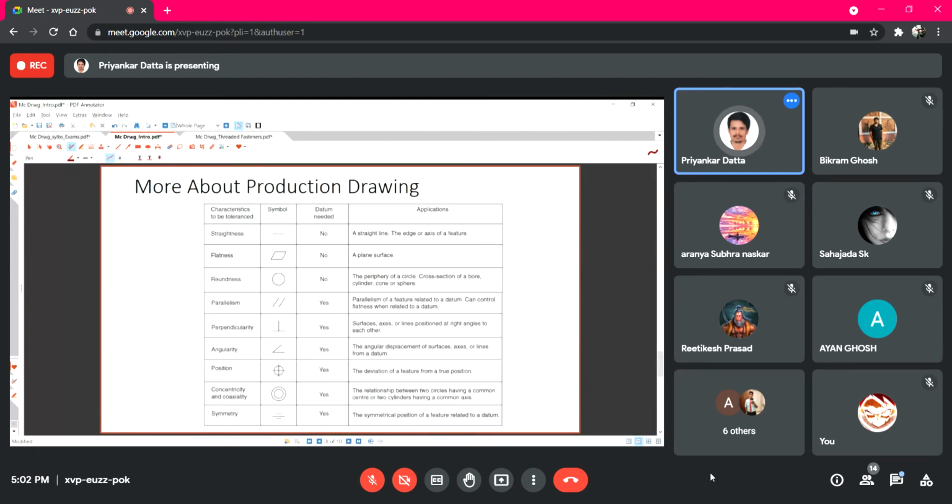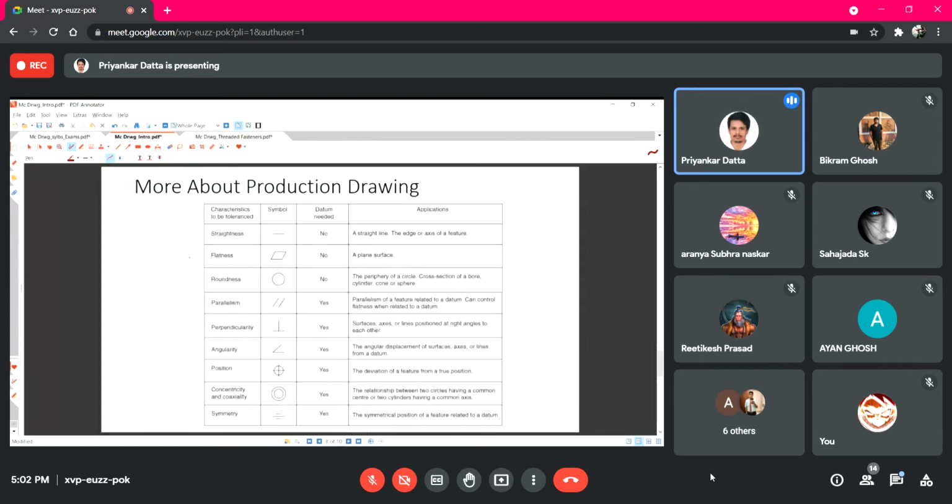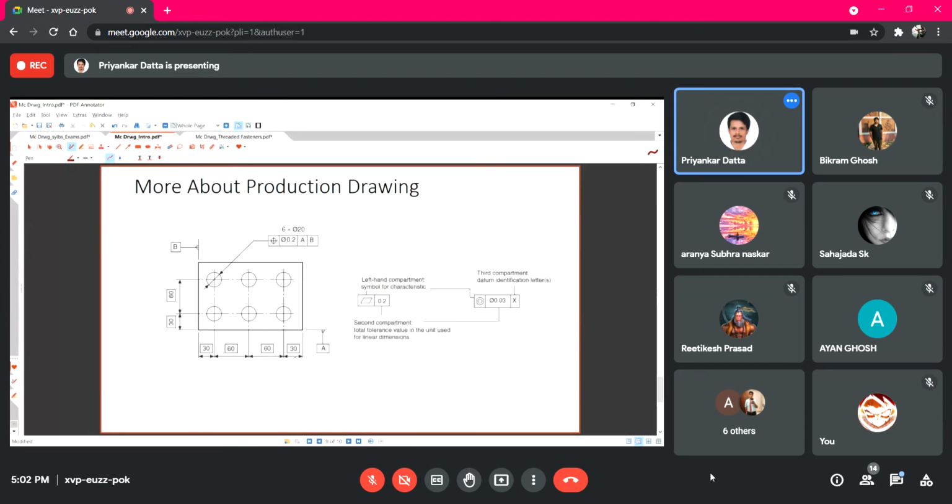Now for these symbols, on the first box, the left hand side box, you can see several symbols are there, and some common symbols I have listed. I'll share this slide with you, you can go through it. Like simple ones, these are for parallel lines, these are for perpendicular, this indicates two concentric circles, and so on. So that way we can understand what information is being supplied in that total box, based on the left side value.